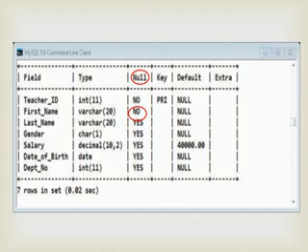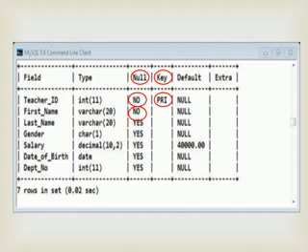In this particular table, what we have done is set a primary key, that is a key constraint, and the primary key has been set to the teacher's ID. So the teacher's ID cannot be a null value now.